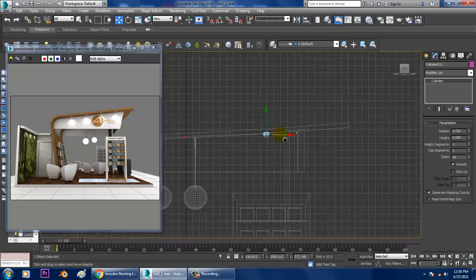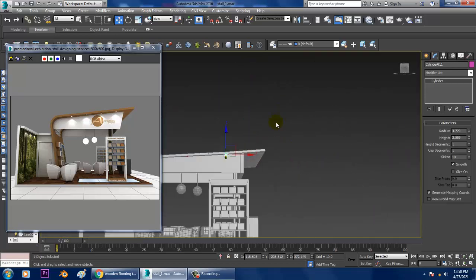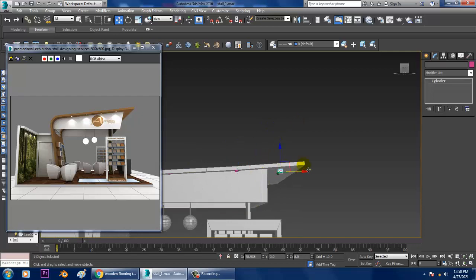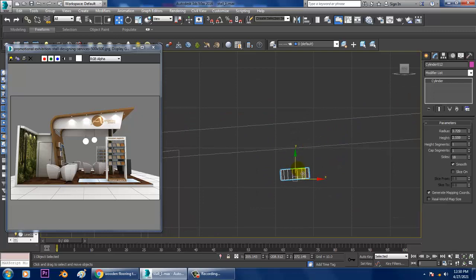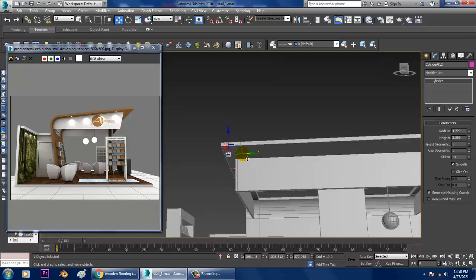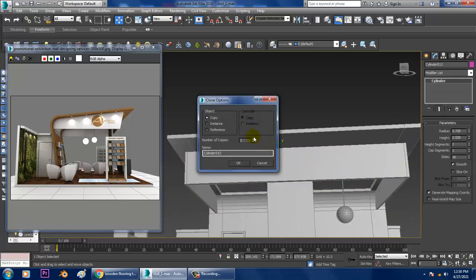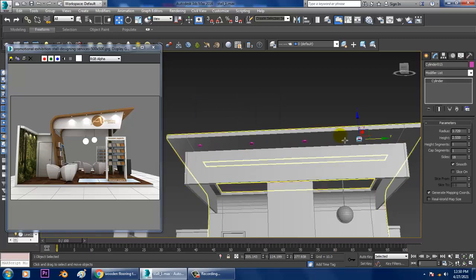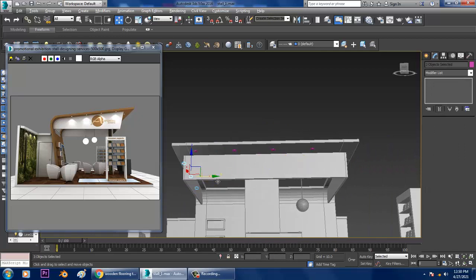Once you're done, I'll make one more duplicate of it and slightly shuffle this up over here, and I'll just mirror it the same way. I'll select these lights and again duplicate them on the other side.